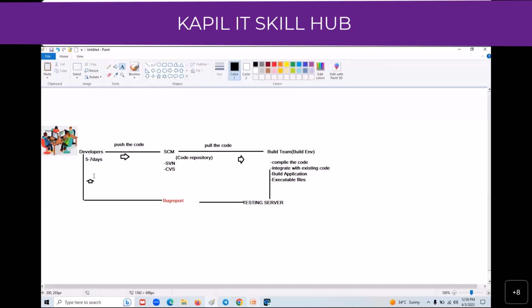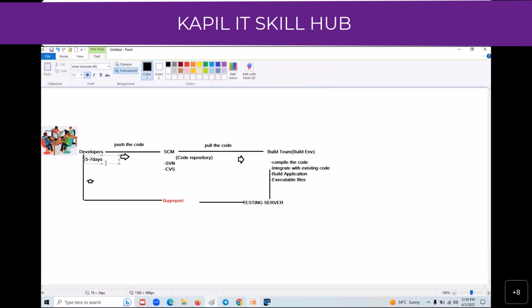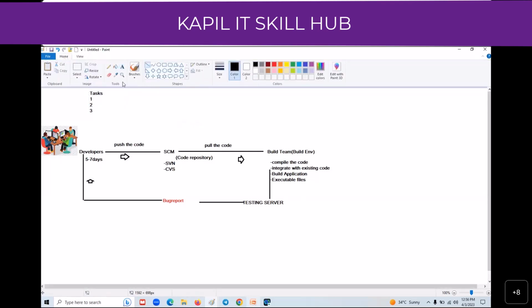But earlier days it worked fine. So when the developer gets this bug report, what will they do during these 5 to 7 days? Are they going to sit idle, which is not possible in a private organization? Everyone will observe you, your team lead, your project manager, everyone. So your team lead assigns the task for your next 15 days. During these 5 to 7 days, the developer starts writing the code and making an analysis on that code, starting on task 2.